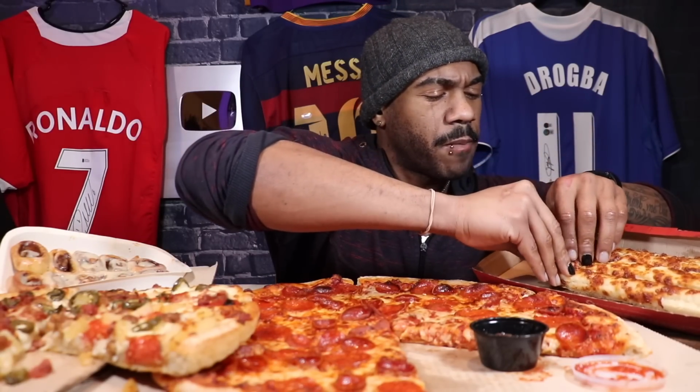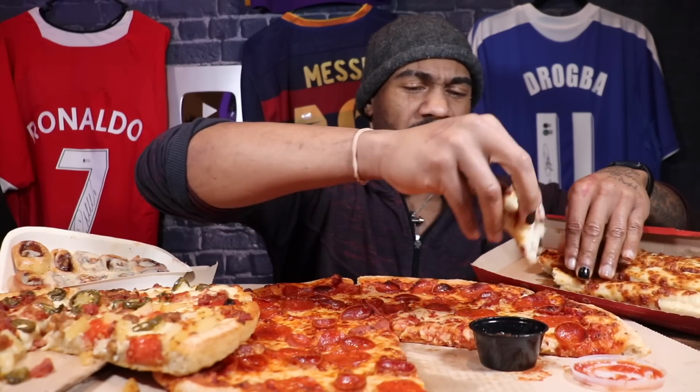It always depends on what you get, in my opinion. You can find decent stuff as far as chain pizza places go, right? They're not great pizzas compared to like a mom and pop, of course not. But they're still good. I would put it slightly above most frozen pizzas, but not all. That cheese stick kind of hit that last bite. Hold on. Yeah, this is the best part right here. No crispy edge, but